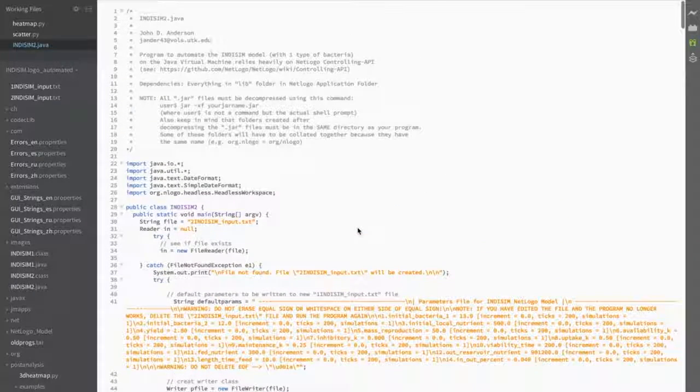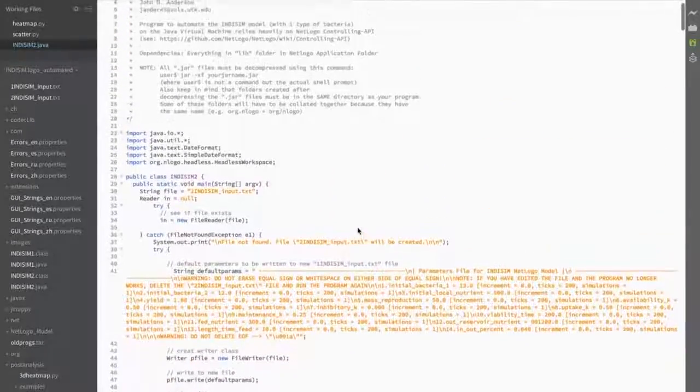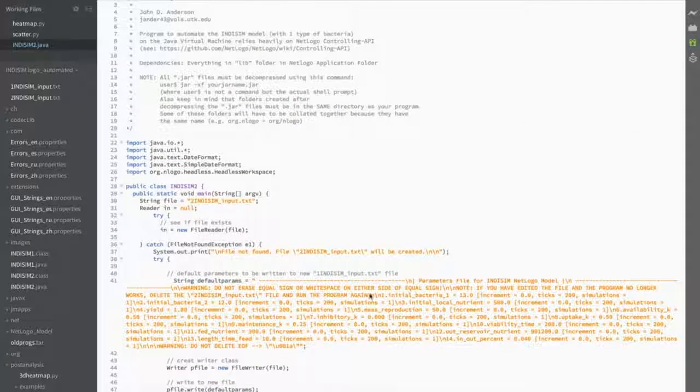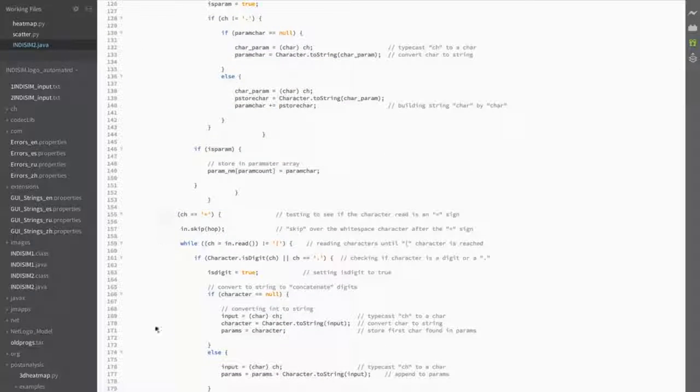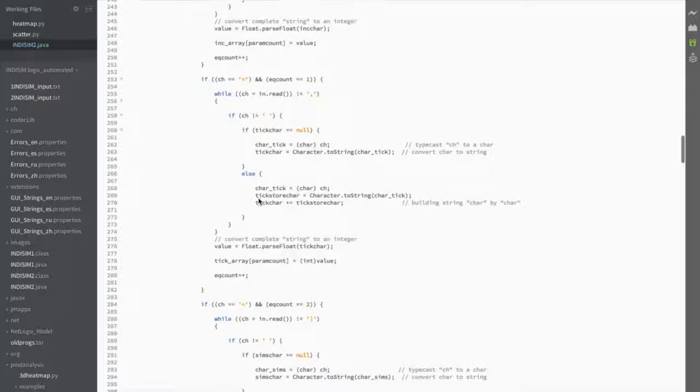So this time we're going to look at a smaller area of that combination space. And just to give you an idea, I didn't cover this in the last video, but this is the actual code. And here is the part that writes the input file. If the input file is not present, it'll create it for you. Otherwise, if it is present, it'll read it in, and this is the part that's reading in from the